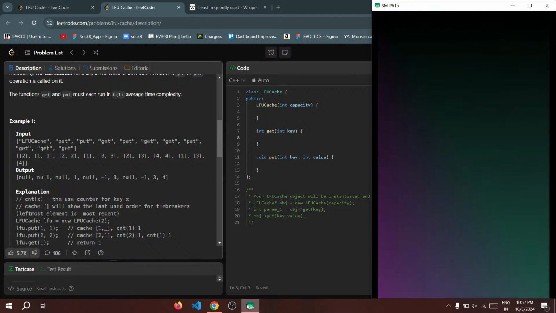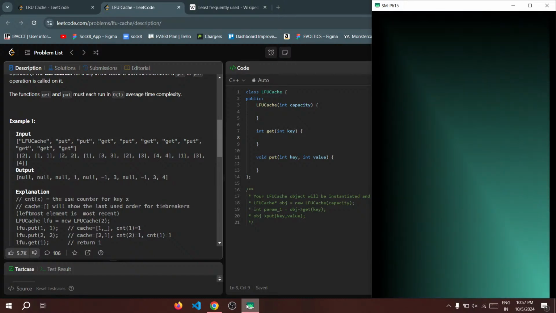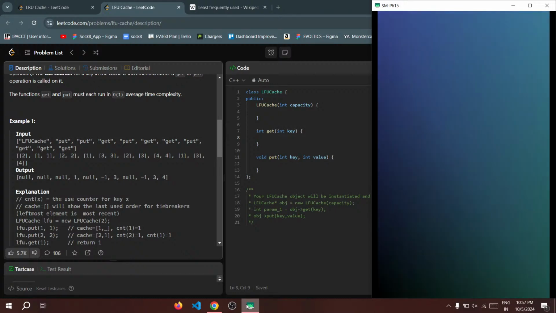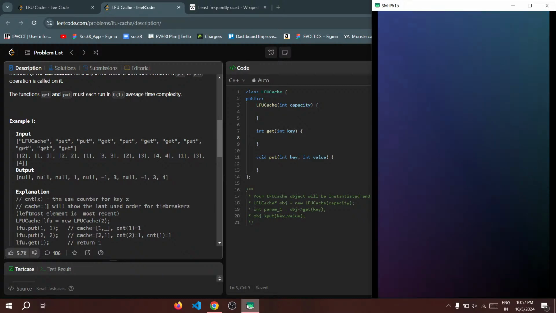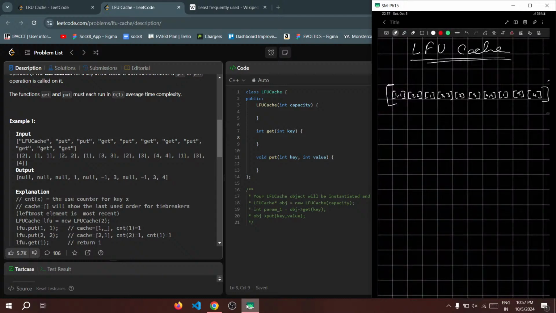Now the question is, if I am not accessing an element, it automatically goes to the back, and if I'm accessing an element, it automatically comes to the front in an LRU cache, hai na. Matlab main sabko initially one karke kar raha hoon,